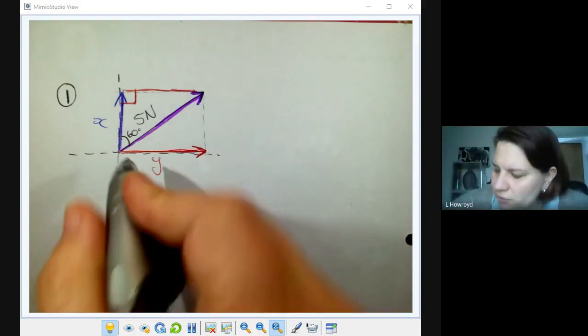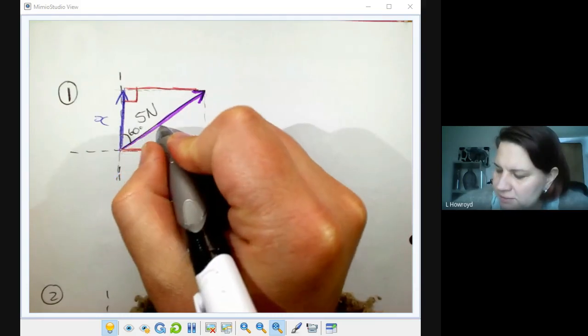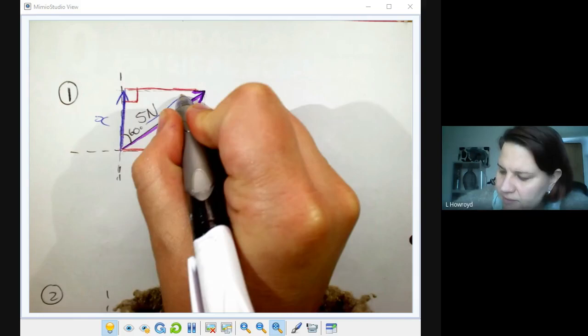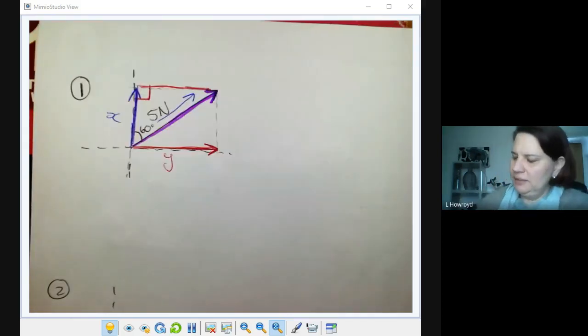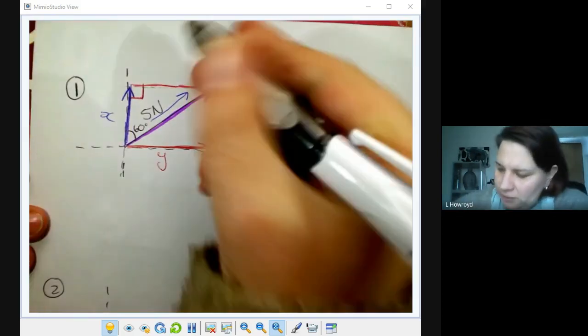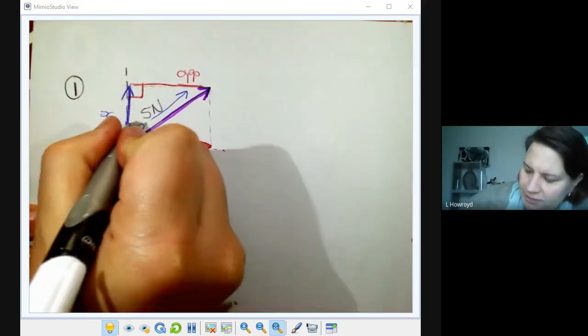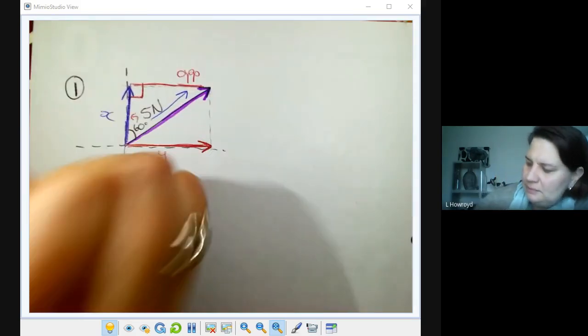All right, so when we take a look here, this is my 5 Newton, my purple. But my opposite is now my red one, okay, because it is opposite that angle, and the adjacent is my